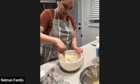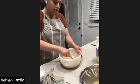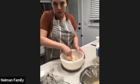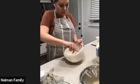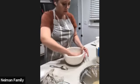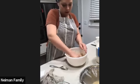Okay, so I'm starting. It takes a little bit of muscle to break it down. If you're so inclined, you can zap the butter in the microwave for maybe 10 or 15 seconds before you start the process, and that'll make it a little easier to smash. But you can see that it's starting to get that crummy texture. I'm just gonna work it a little bit with my clean hands,